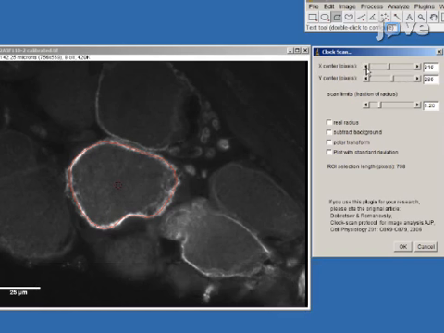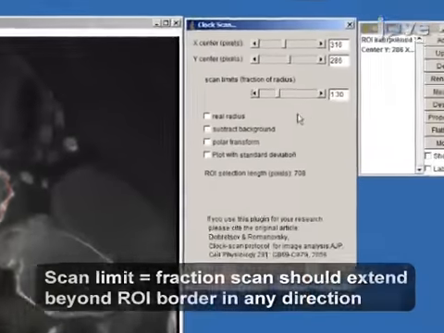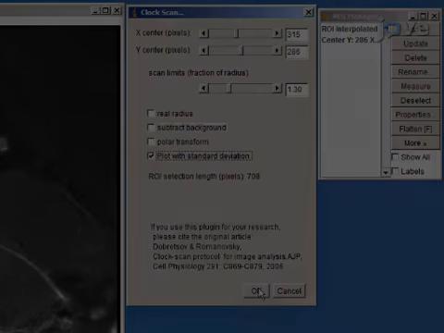Depending on how much of the background region outside of the object should be covered by the scanning, use the Scan Limit scroll bar to adjust the scan limits. Select the Real Radius, Subtract Background, Polar Transform, and/or Plot with Standard Deviation checkboxes as experimentally appropriate. Then